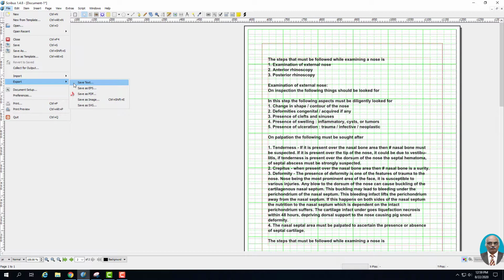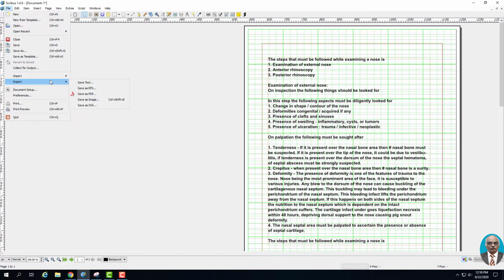Then you can save the document as PDF, export it as an image, or export it as scalable vector graphics. So these are all the various export options which are available.